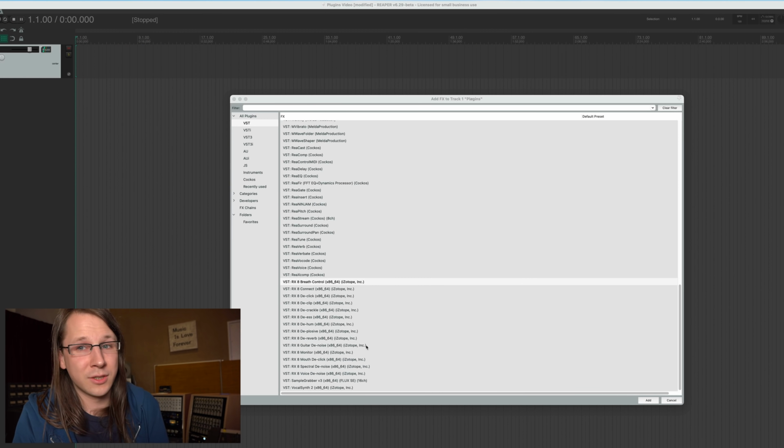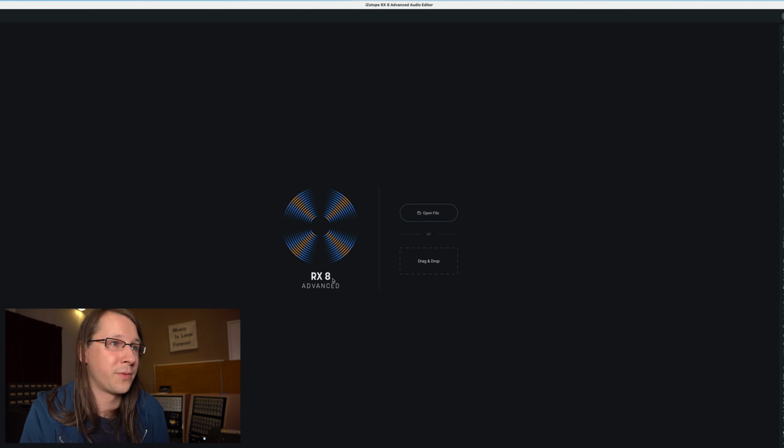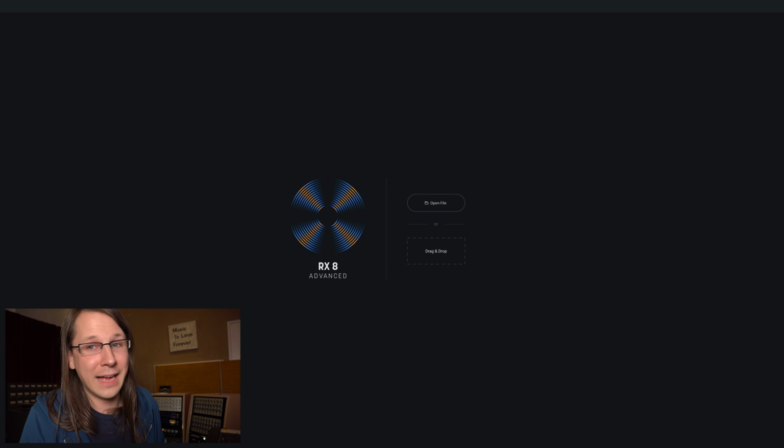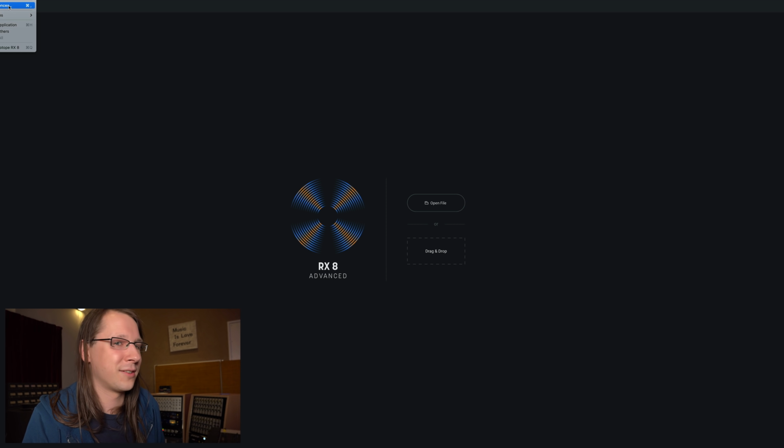Now, speaking of plugins that I'm not using anymore, RX8 is something that I'm slowly moving away from, but it's still very, I of course have the audio editor, so not really the plugins. It's like one of the best in the industry, but the direction the company is moving towards is not something that I'm supporting at this moment. I am very against, as I've told before, I'm against subscription models without updated software,